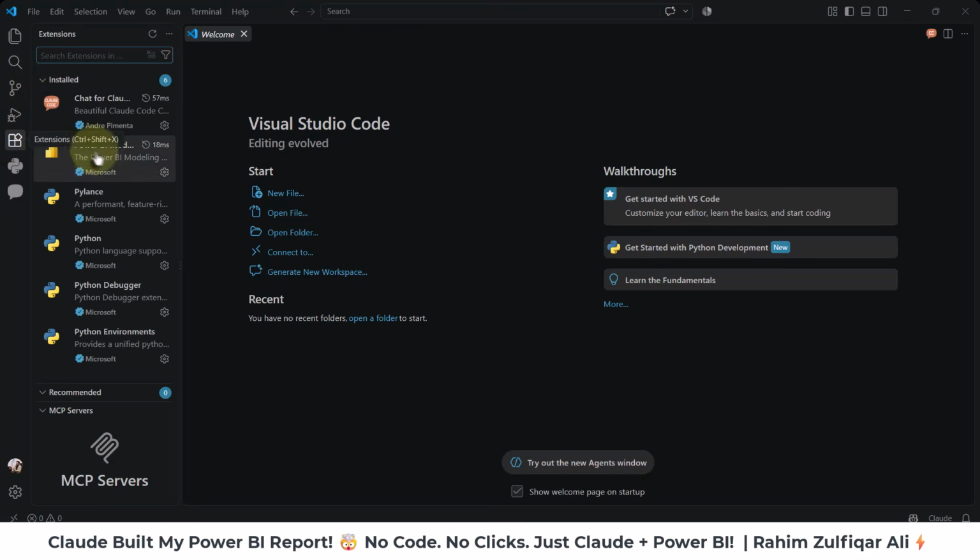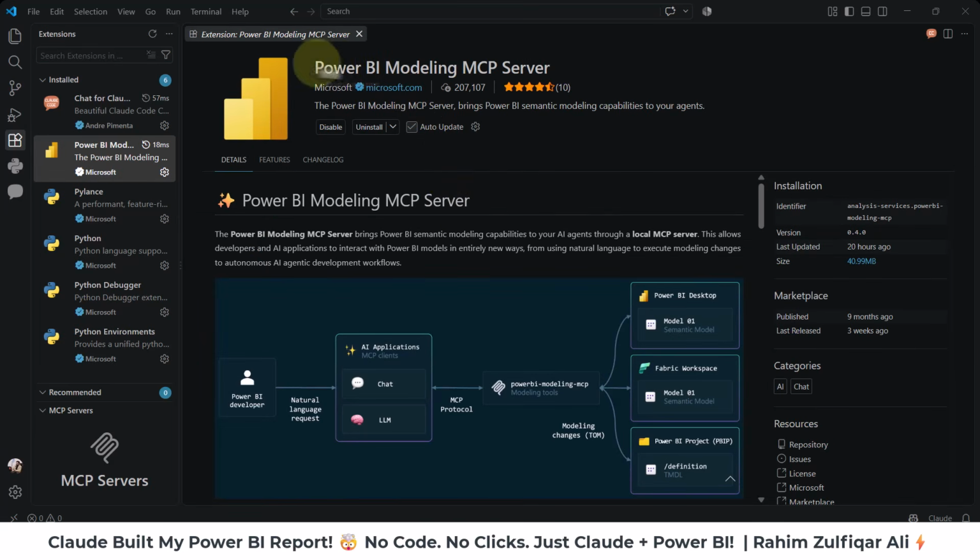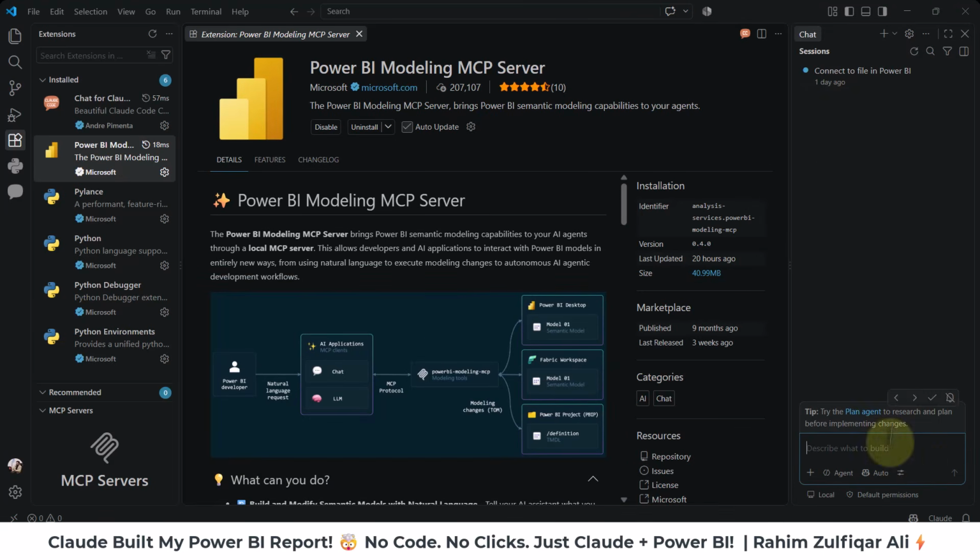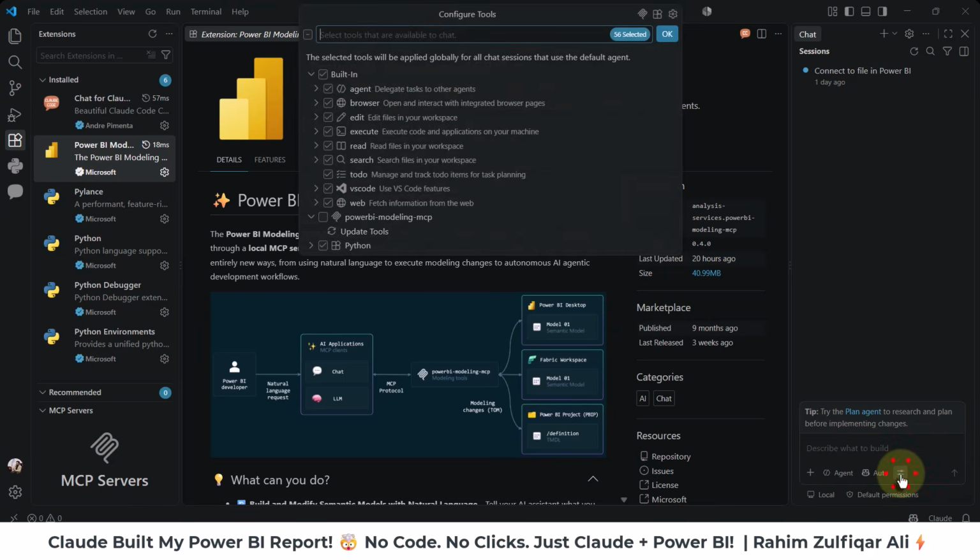and we require this particular extension, that is Power BI Modeling MCP server. We are also required to enable the settings. For that we click here, toggle chat, and when this chat window is open on the very right side, you will find this button, configure tools. Click on configure tools and make sure that Power BI modeling MCP is enabled or checked. At this point there is no check, so I need to check that and